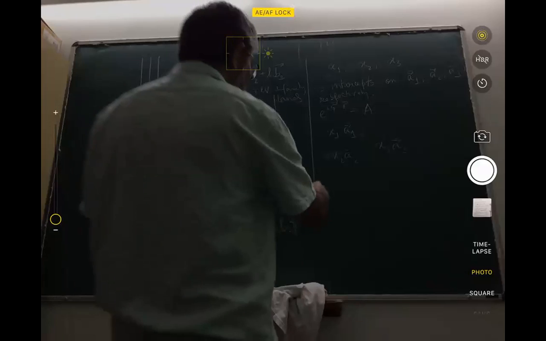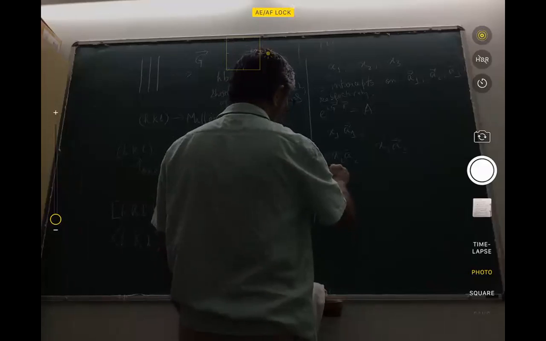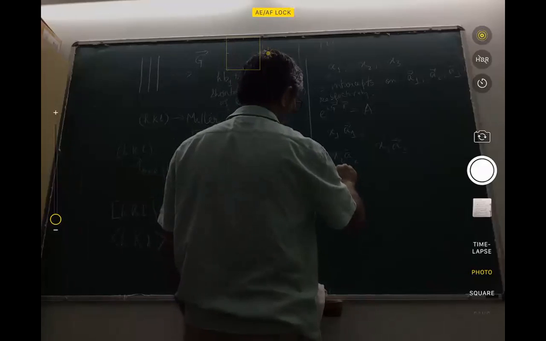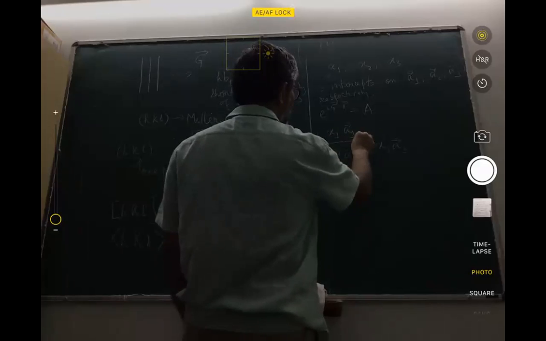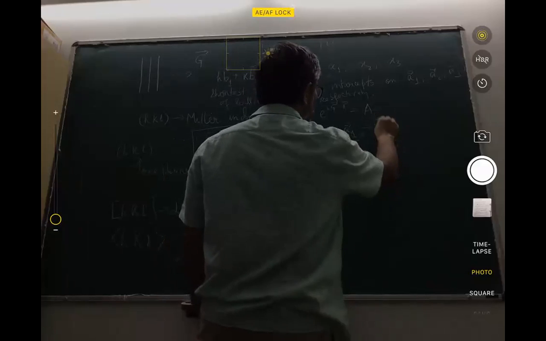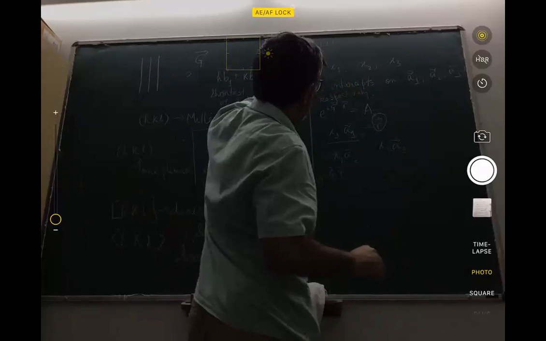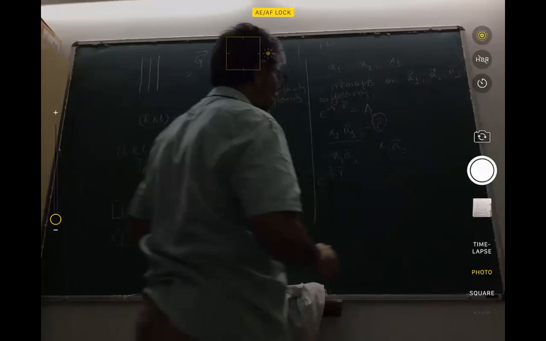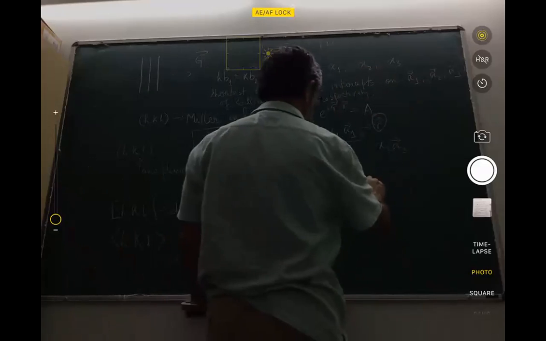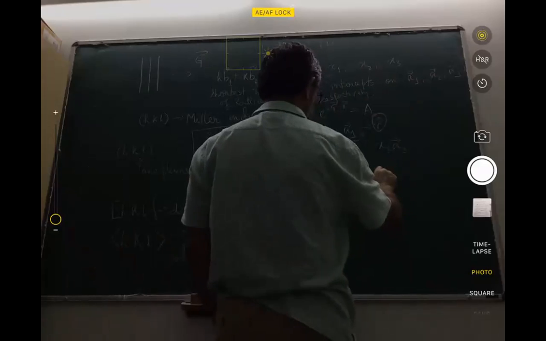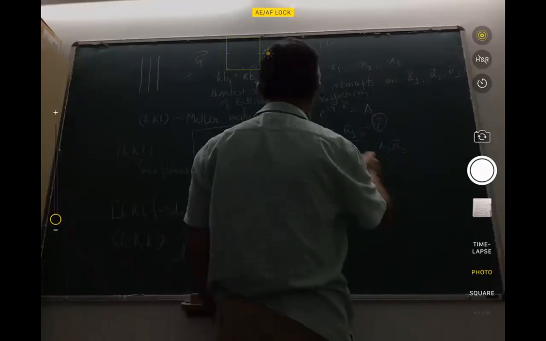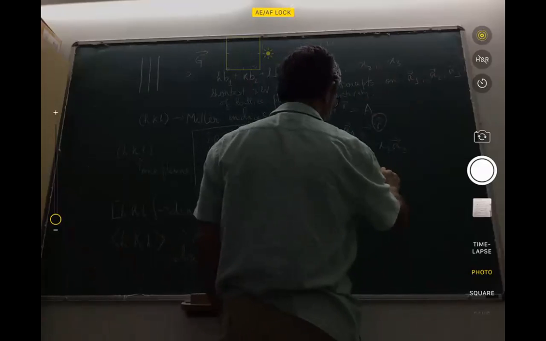So e to the i G dot R, where R is the point where this plane intersects the A1 axis, will be